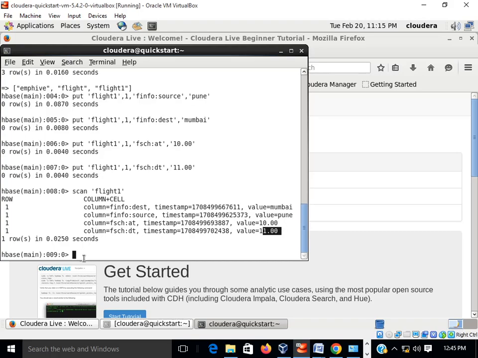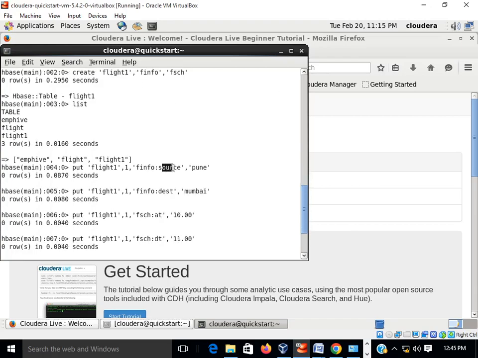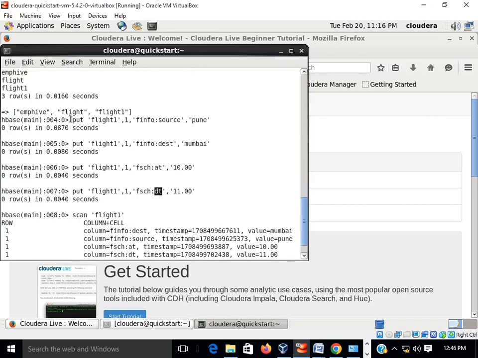So to create a table, what is the command? Create table name, finfo, fsh, where finfo and f schedule are the column families. Under finfo we have created two attributes, that is source and destination. Under flight schedule, we have created two attributes, arrival time and departure time. So this is how we have created a table, and we have inserted data into that by typing a syntax